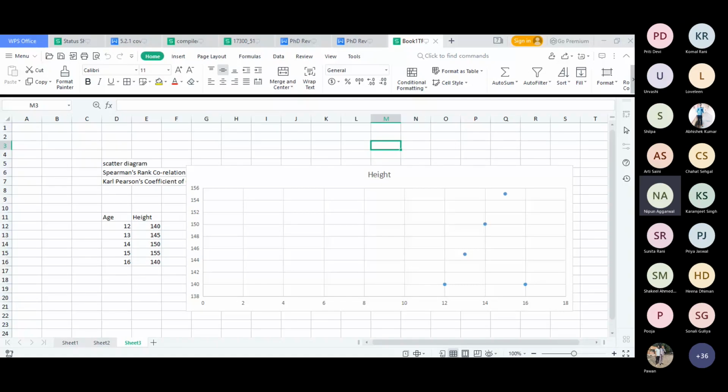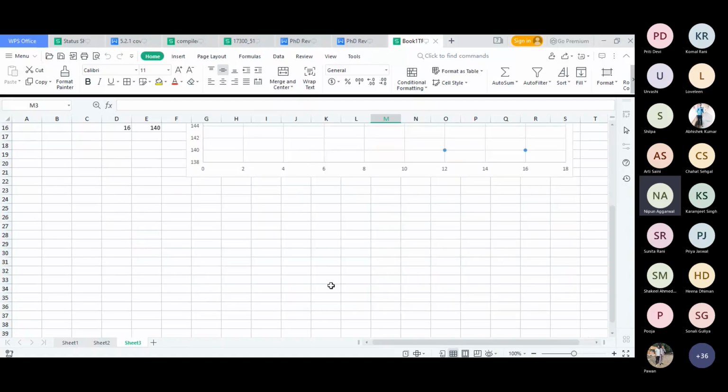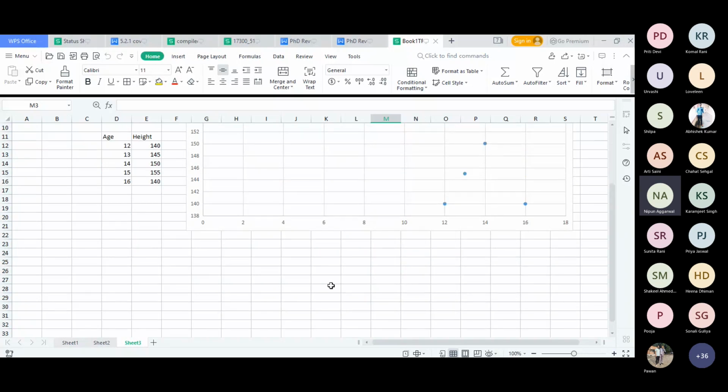Let's start with the next topic, that is Spearman's rank correlation. The correlation that we have done already was the scatter diagram. The drawback of the scatter diagram is that it again comes down to subjectivity. Maybe I am reading the graph in one way, and somebody else is reading the graph in another way. So to have something consistent, we have another mathematical calculation, Spearman's